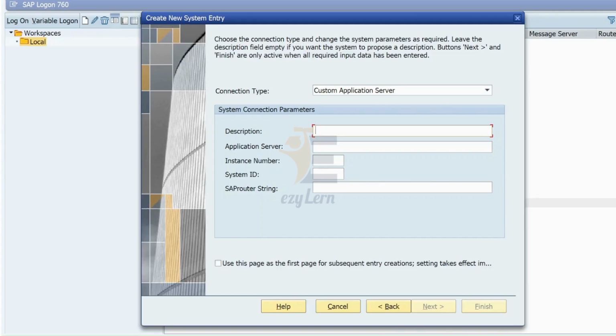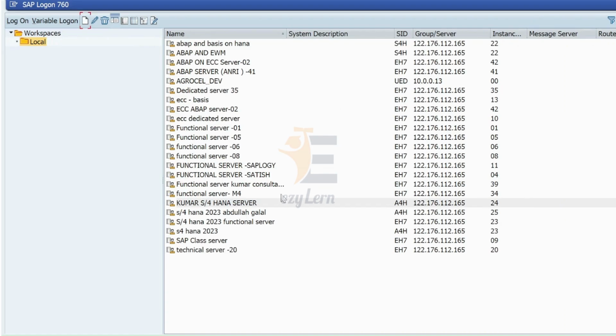All these four fields are required. The SAP router string is not required if you are using Windows, but it is required if you are using Mac. Just give all these details, click on next two times, and click on finish. Then it will be visible like that.